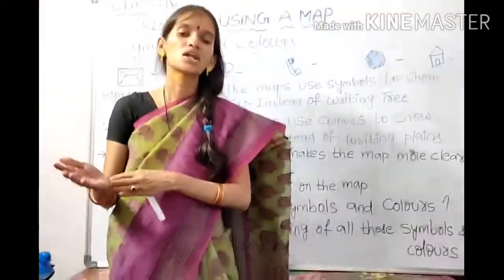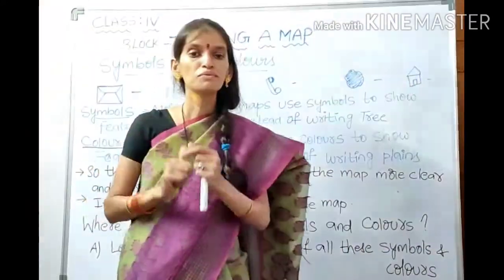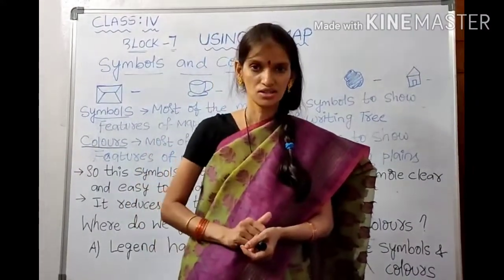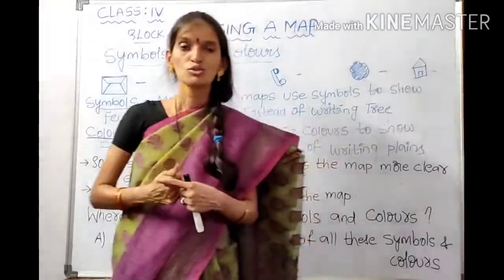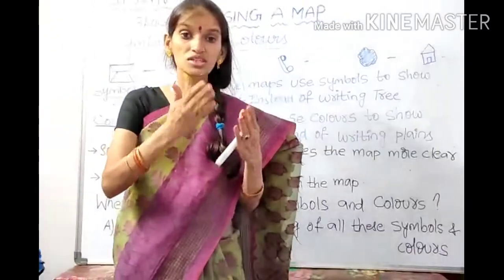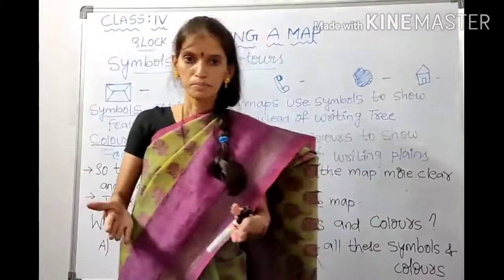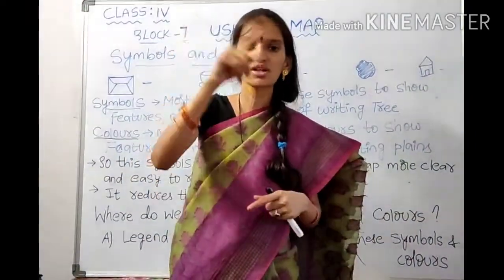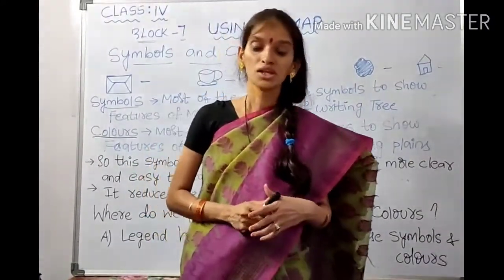And when you are moving in a car to some other places, you will stop when the red light is there. Near the traffic light, you will stop. Why you stop? Because there is a red light. And when the green light comes, you will again start. So what does this light tell us? It represents a meaning. If I show you the red color, that means you will stop. All this shows the meaning.